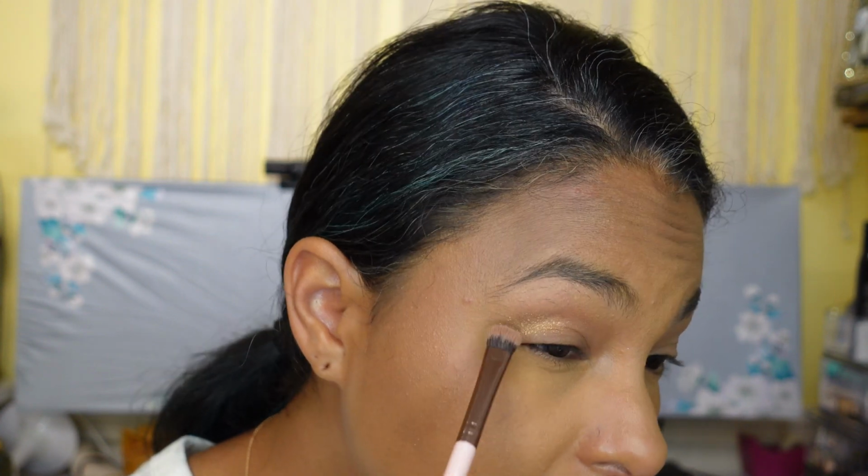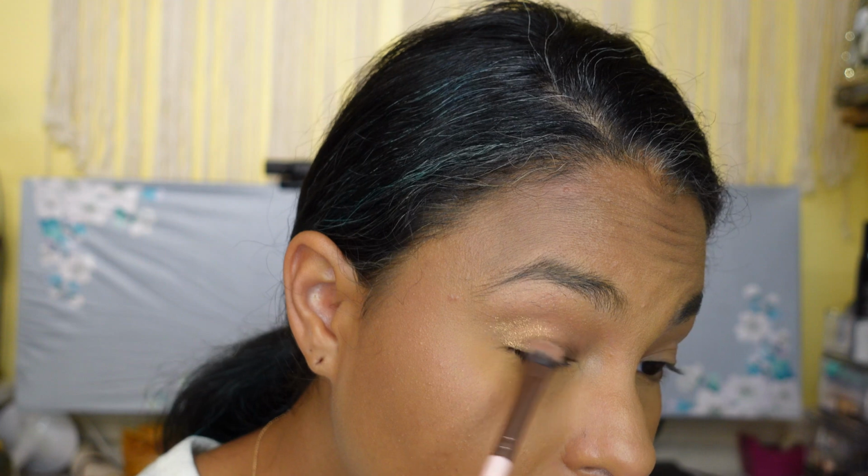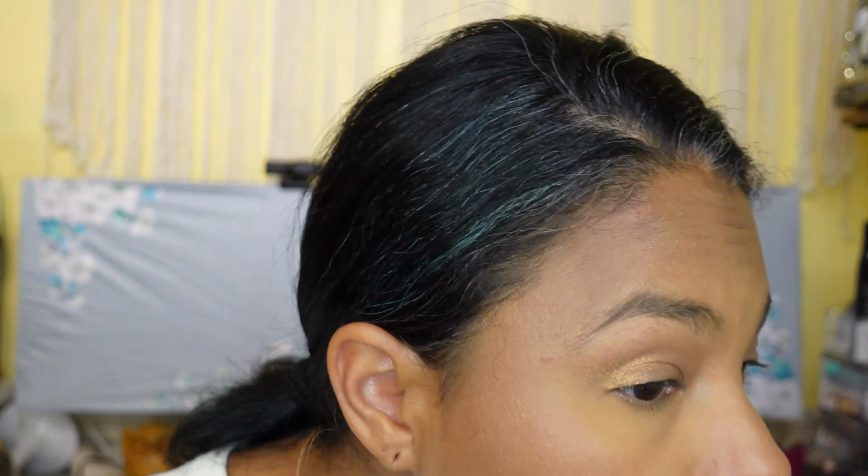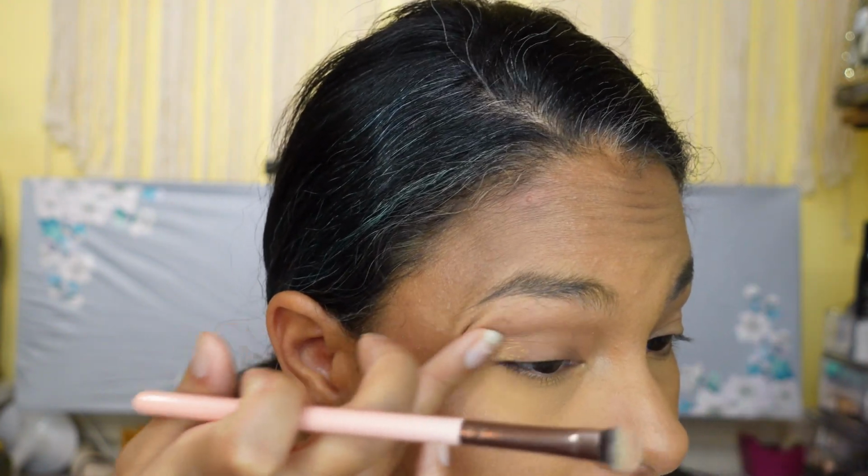I was thinking of using this on my outer part of my eye. I don't think it's dark enough, but it is sticking on. This is like a topper shade. I'm gonna go in with my finger. I zoomed in a little bit more for you guys. I'm not really sure what I'm doing with this